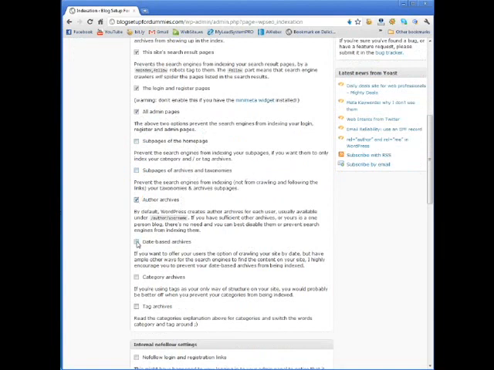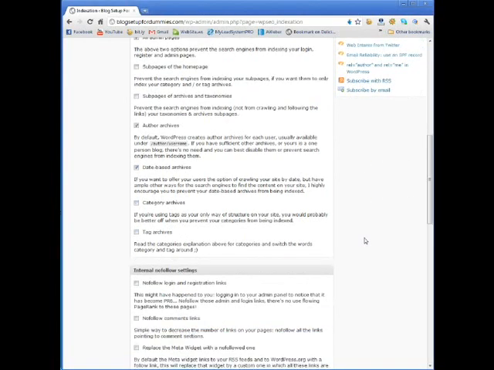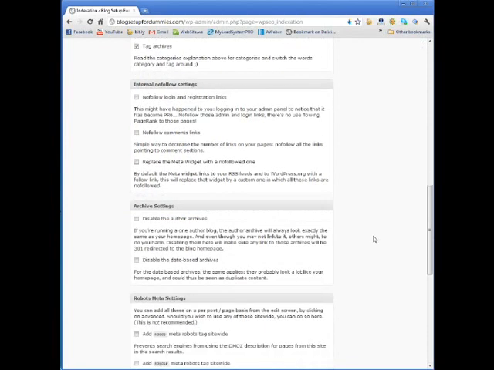Author archives and date-based archives. The reason you don't want it to crawl the archives is because of duplicate content. And same thing with the tag archives. You don't want it crawling the tag archives because there's duplicate content in there as to what's actually on your main pages. So if you just go through and you set this up exactly as I'm setting this up,